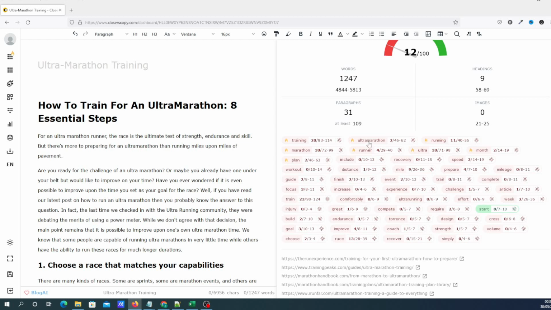But this is telling us that Google wants to see it like this. We've only got it 2 times there, so we need it at least 45 to 62 times. So I would just go through there, and just to show you, I will put